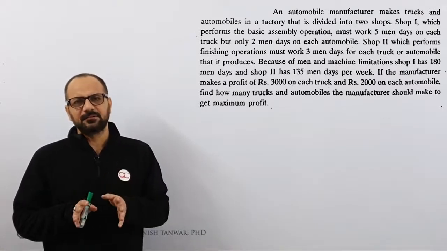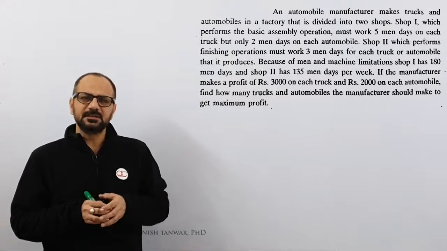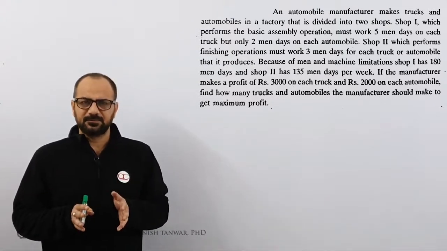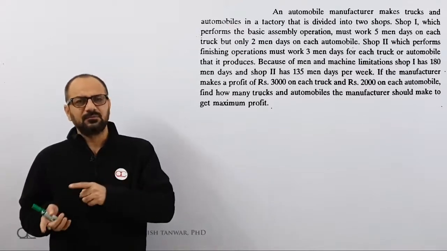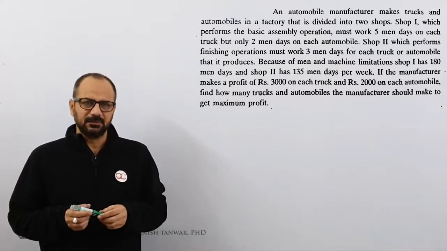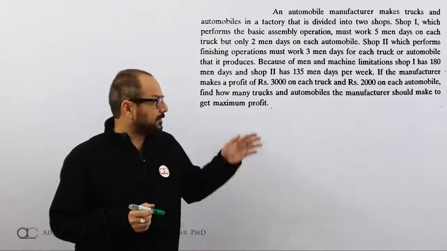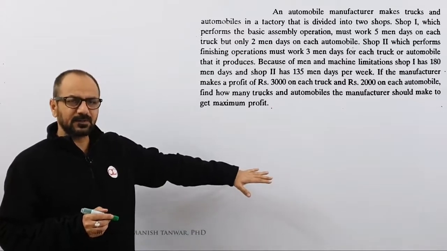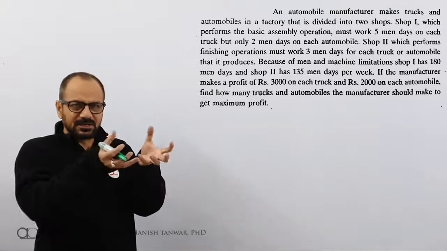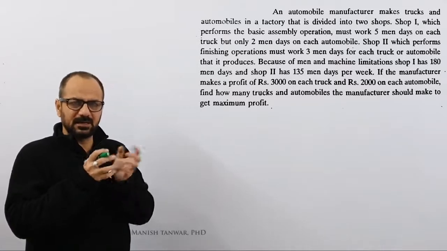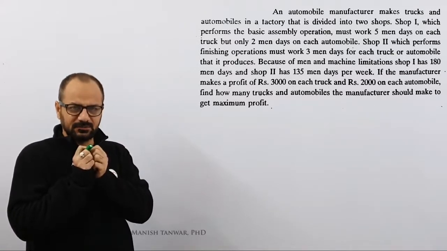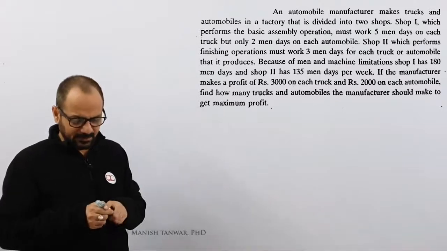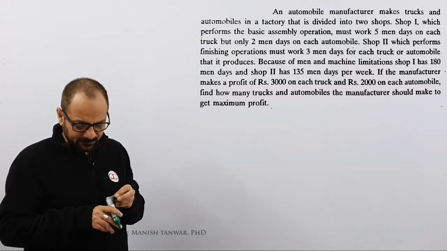It is a very simple, straightforward problem, almost a problem that we took in the first, second lecture when we were learning formulation. So, again we will take a very simple problem for formulation to understand the connection between primal and dual. So, here is our problem and I will write down all the important information here for my reference. Also, our method suggests that we need to extract all the numbers from the given question. So, I will extract all the given numbers from the question and put them over here in the form of a table. Is it possible to put them in the form of a table?